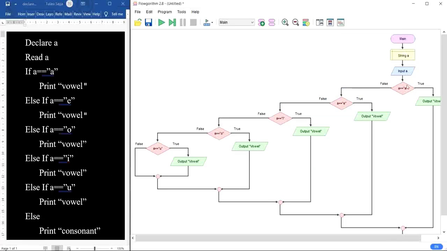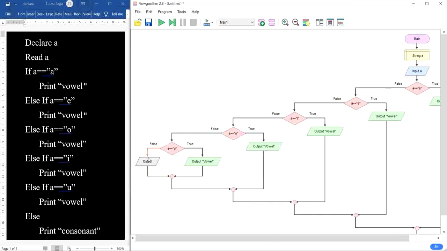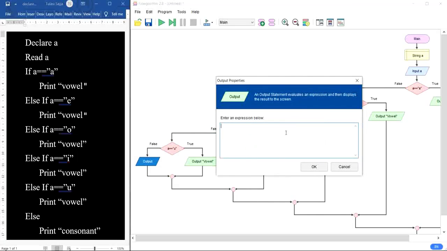See here, in all these conditions, it is checked whether the entered character is A, E, I, O, U. If the character falls under any one of these vowels, then it is displayed as vowel. Otherwise, it is simply displayed as consonant.